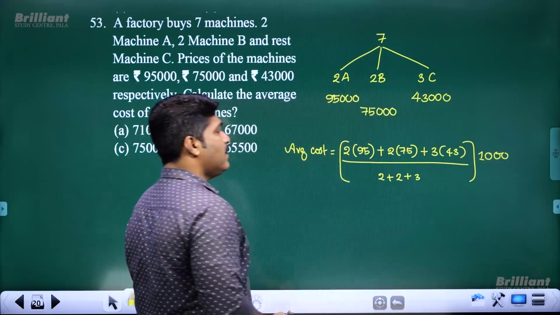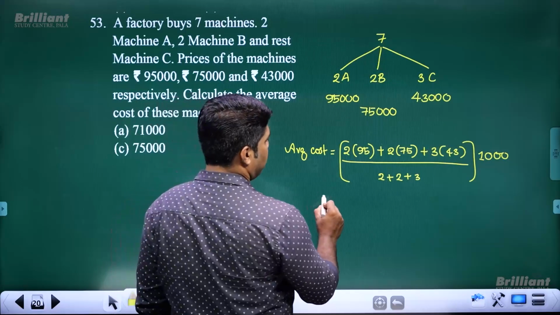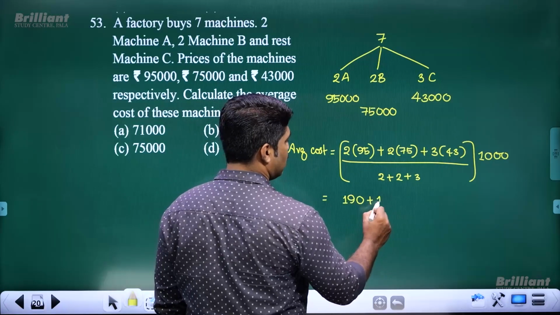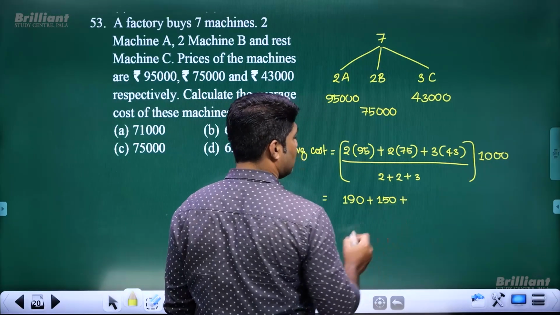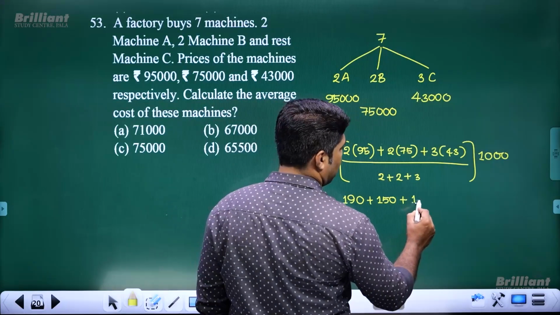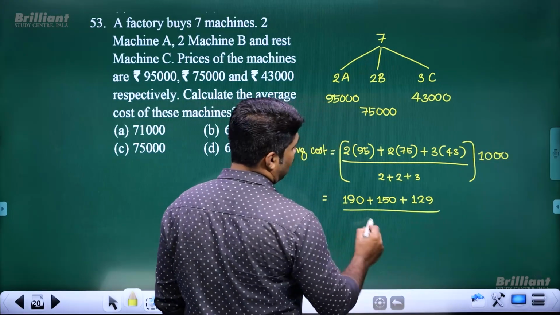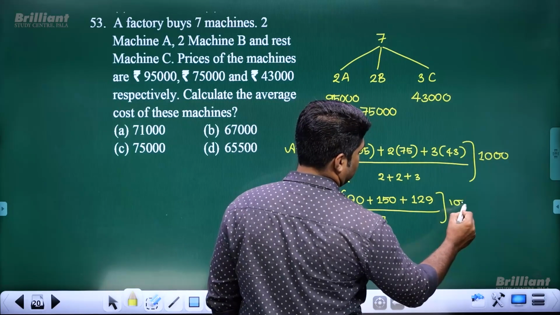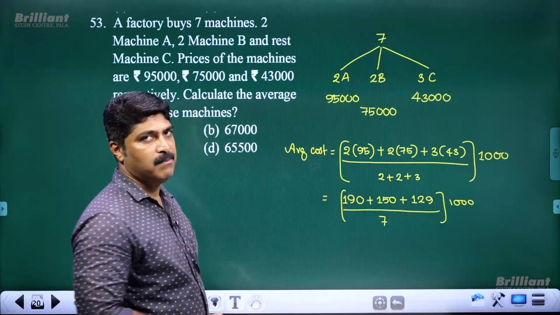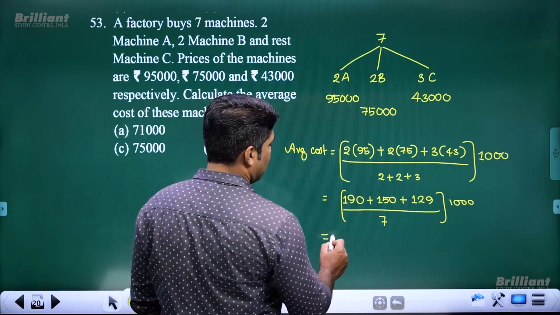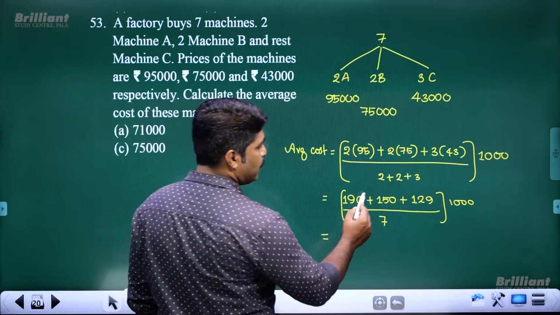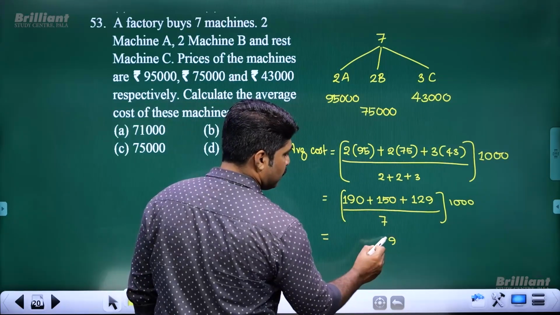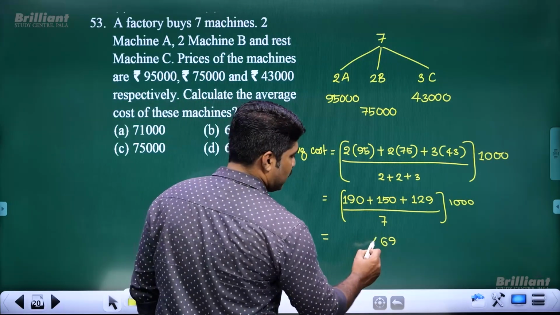Got it. So you can simplify it further. Whenever we are doing this one, this is equal to 190, this is 150, and this is 3 times 43, that's equal to 129. All divided by 7 into 1,000. Got it? So you just simplify it. You just add up together here. While we are adding these values, this is 9. 9 plus 5, 14 plus 2, 16, 1 is there. So therefore, this is